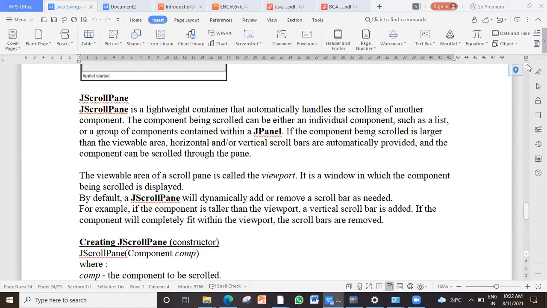Normally, these are a group of components that are placed on a panel. A text box cannot be so big that it requires a scroll pane. It will be a series of text boxes or series of buttons placed one below the other on a panel. Then we attach a scroll pane to that panel. Got it? Fine. So when it goes beyond the viewable area, the area to be scrolled should always be more than the viewable section, as I showed you in case of this window. Clear?